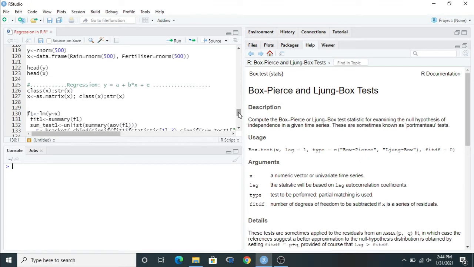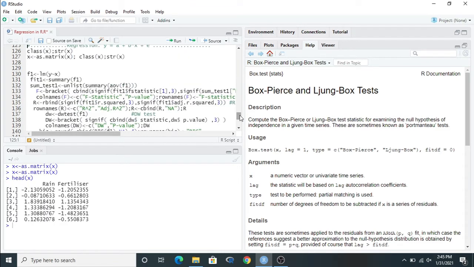After completing data identification, we have to go to the next step, and before writing the function, I am going to convert the data frame into a matrix. It will be more convenient for running the regression model. So I use here as.matrix and inside the bracket x. Again, this value is stored inside the x vector or x name. Just run this, control enter.